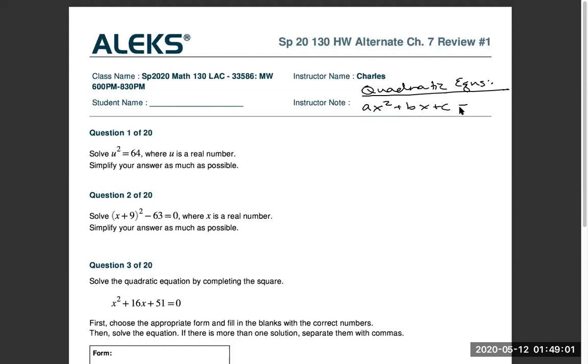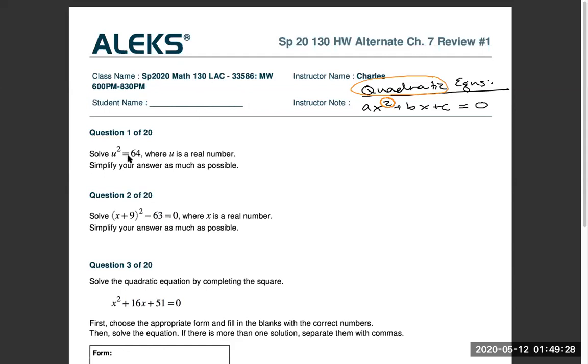Now the part that makes the equation is the equal 0 part. So just emphasizing that what makes this a quadratic equation is this power of 2 right here. If you had a power of 3, that would be what's called a cubic equation, and so on and so forth. All right, so for the first question,